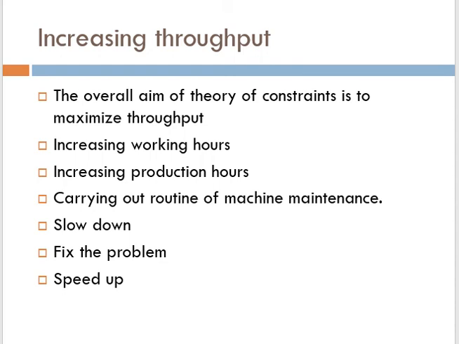So next, when we come to speed up. Once you have solved the problem, you can speed up the old process again until there is a problem somewhere else. So you know the problem and you have followed the theory of constraints, then you can speed up your production. So there are various alternatives you can use in order to increase your